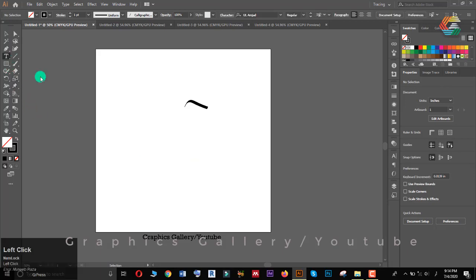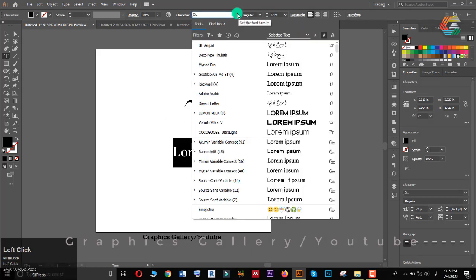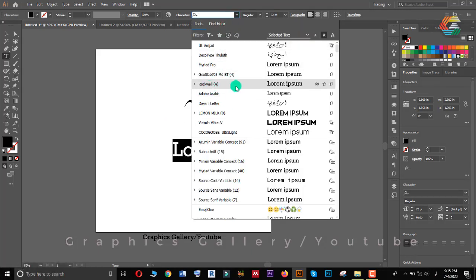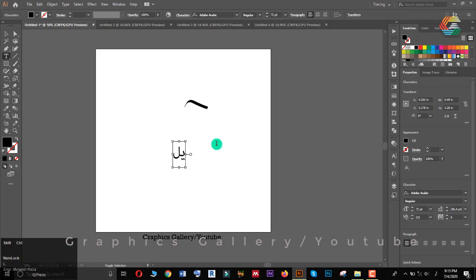Now select the text tool, click here, make sure Urdu is selected, and select the font. The font should be Al Amjad. Just type the letters, then select all and again select the Al Amjad font. It's fine.